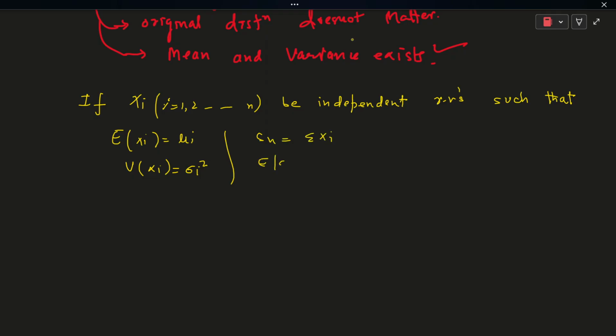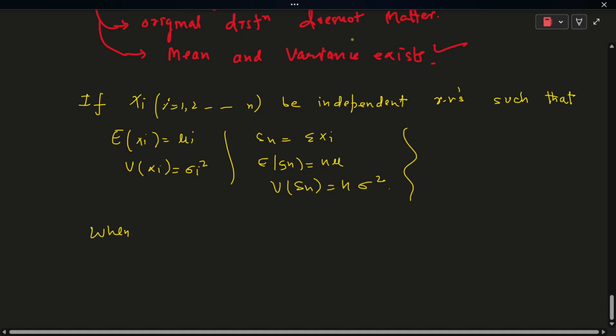So expectation of Sn is equal to n mu, variance of Sn is equal to n sigma square. ठीक है, then